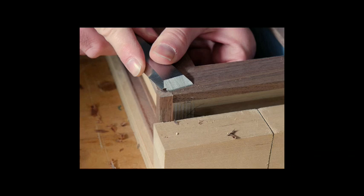Right. So I'm pressing that chisel down really firmly onto the frame, and using the frame to guide where the chisel pares. By pressing down firmly, you end up with a really perfectly flush post, or whatever it is you're paring. So by using the flat of the back and pressing it firmly down onto the work surface, you end up with a perfectly flush piece. And it's really key here, because one of the things that often happens